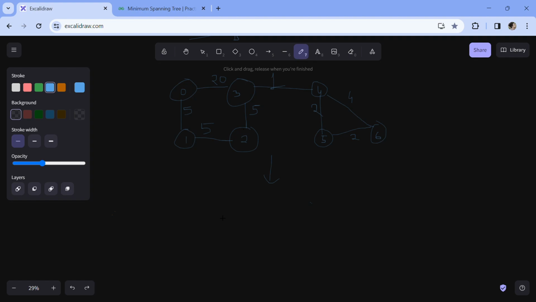So my minimum spanning tree will look like this: we will move from 0 to 1, which has edge weight 5, and then from 1 to 2, which has weight 5, then to 3, which also has weight 5, then 3 to 4, 4 to 5,